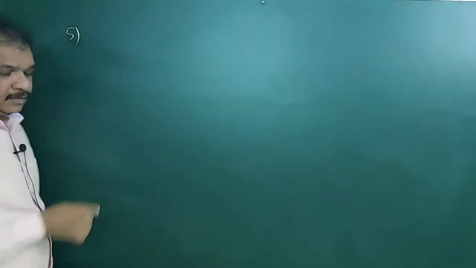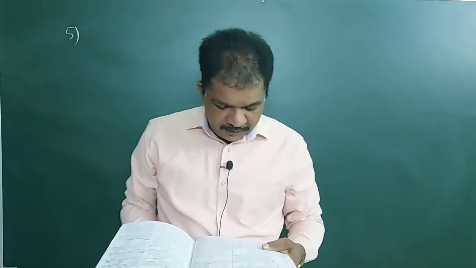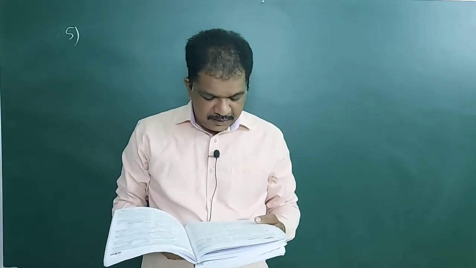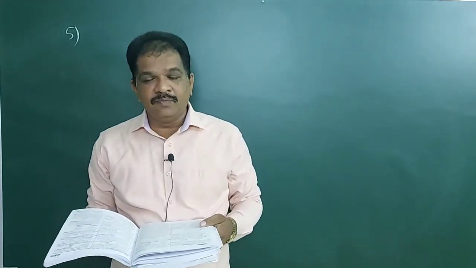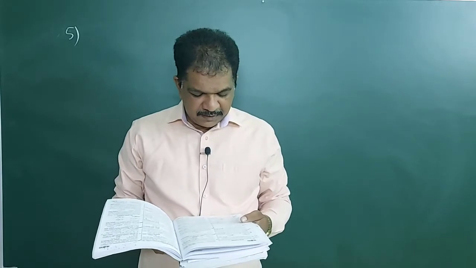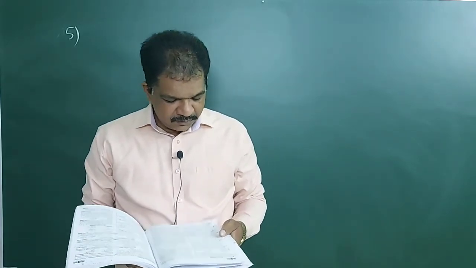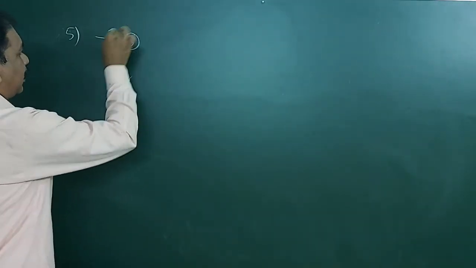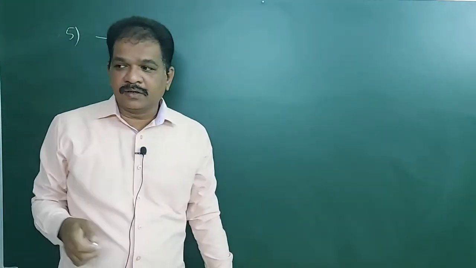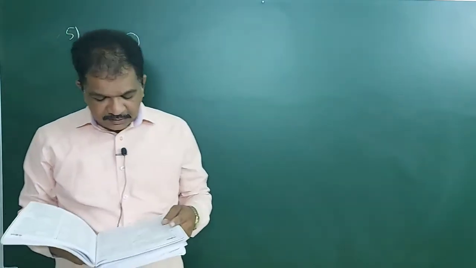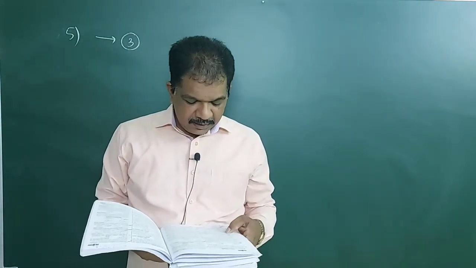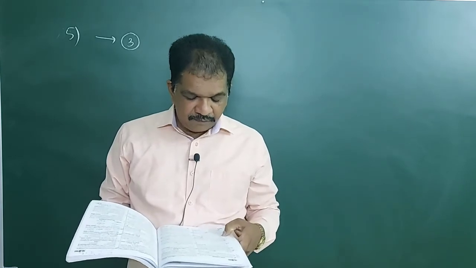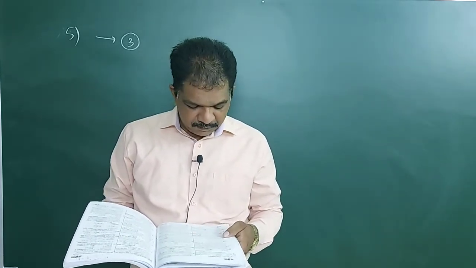What they are asking. Water is heated from 0 degree centigrade to 100 degree centigrade, then its volume, first it will decrease, later it will increase. So fifth question, already repeated question this is, due to anomalous expansion of water. First volume will decrease up to 4 degree centigrade and later it will increase. Fifth question, it will be third option.